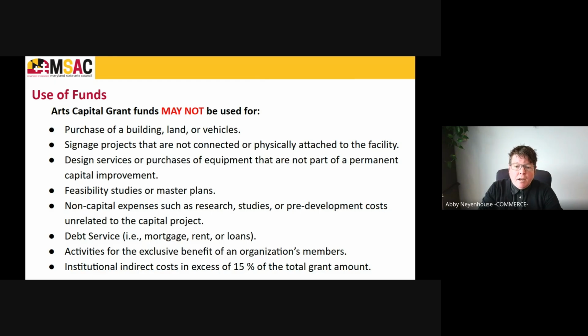So the things that you may not use Arts Capital Grant funds for include purchase of a building, land, or vehicles; signage projects that are not connected or physically attached to the facility; design services or purchases of equipment that are not part of a permanent capital improvement; feasibility studies or master plans; non-capital expenses such as research, studies, or pre-development costs unrelated to the capital project; debt service such as your mortgage, rent, or loans;